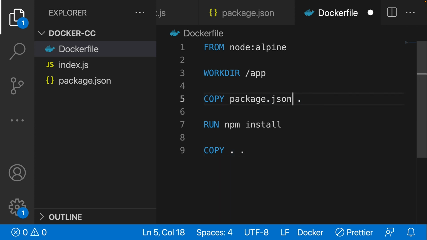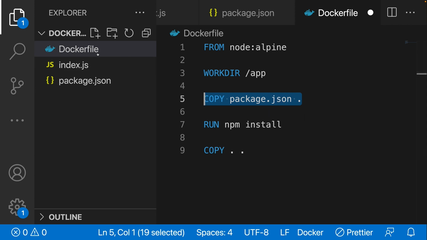Now you might be wondering why we didn't do something like this, just copy everything in right away, and omit this step. This would work perfectly fine, but Docker works on layers. And what happens is if it runs this command once and you try to run it again, this is going to be cached, this is going to be cached, this is going to be cached. So the reason why we want to do this is anytime we make a change inside of our file directory